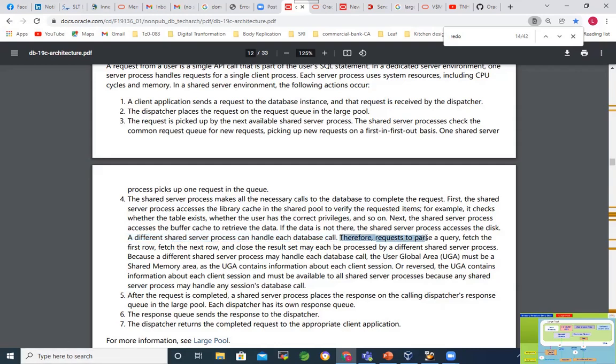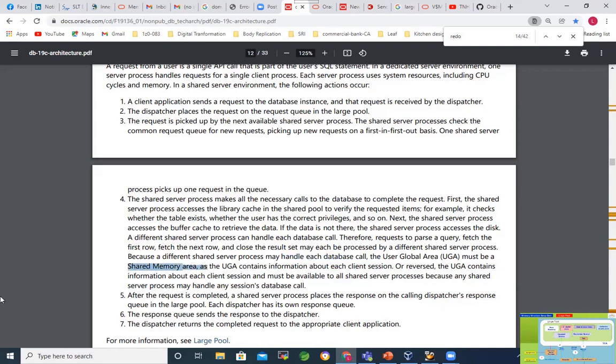Therefore, the request to parse the query, fetch the first row, fetch the next row, and close the result may each be processed by different shared server processes, because a different shared server process may handle each database call.